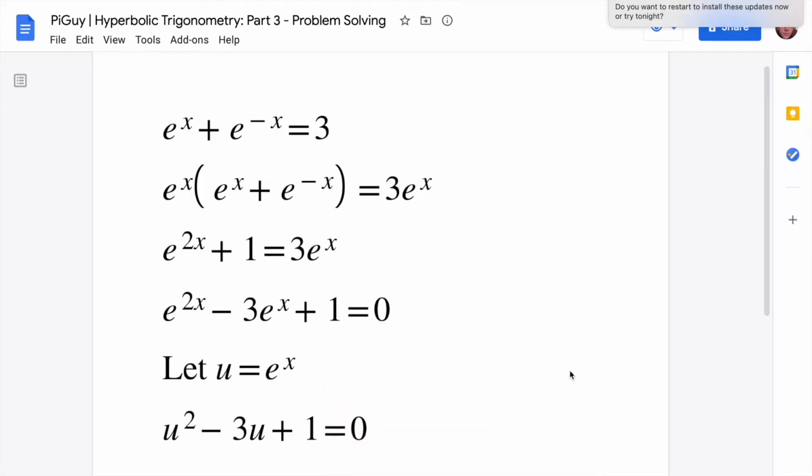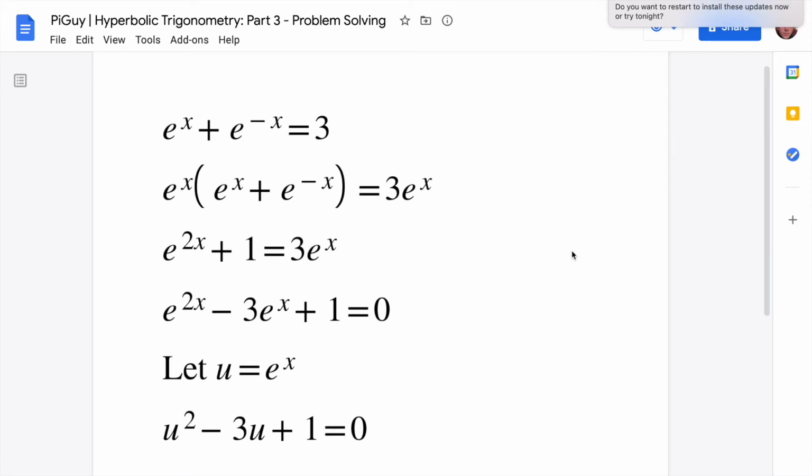Alright, and welcome back to Pi Guy. So today, I am talking about how you can use hyperbolic trigonometry to do some problem solving, and in this first example, to skip some steps in solving some equations. So here we just have an equation. We're solving for whatever value of x makes this equation true. So I'll start with the non-hyperbolic trig way, just to provide a comparison for how much shorter and easier the